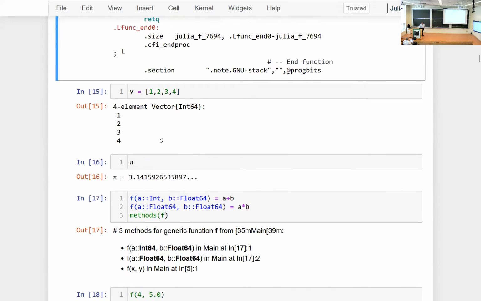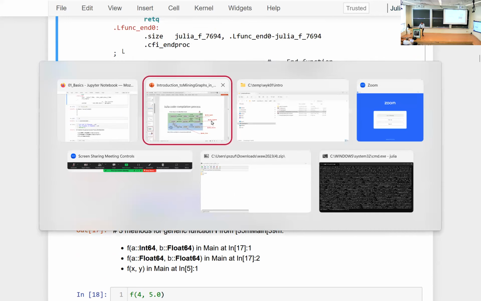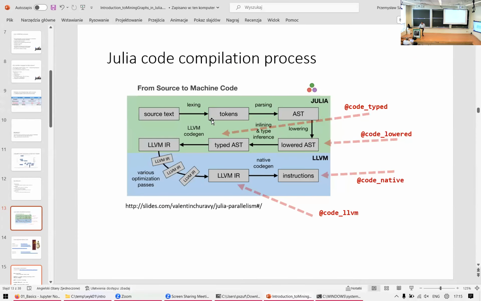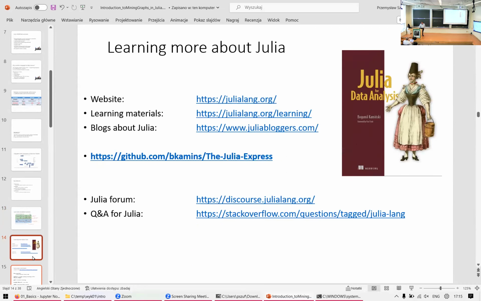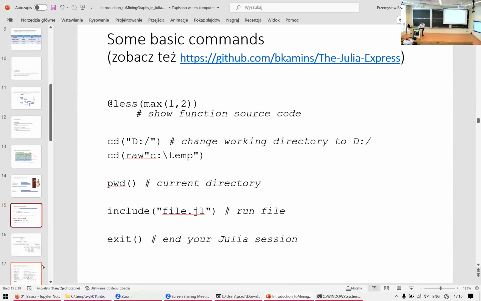So this was maybe slightly too technical a showing of the language. There's lots of materials on how to learn the language, and you have the links